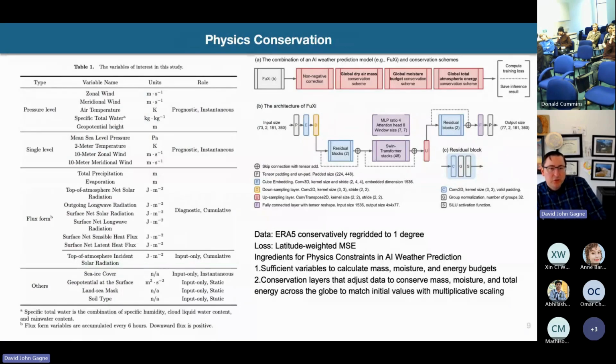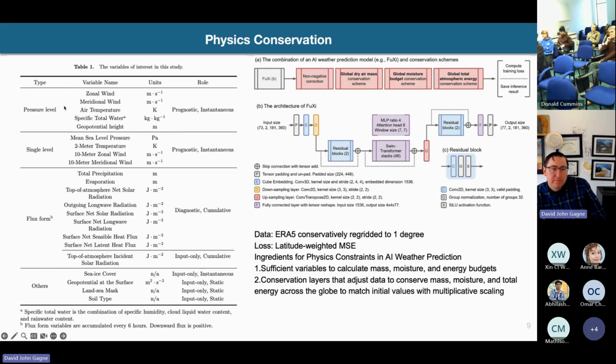That was our initial go at the modeling problem, and from that we saw, hey, this is possible, this works really well, it's fast. What can we do to improve it further from there? One of the things we're looking at is how to impose physics conservation on the models, but do so in a way that doesn't require a lot of custom coding and a lot of tweaking of the architecture. And so the approach we've taken is